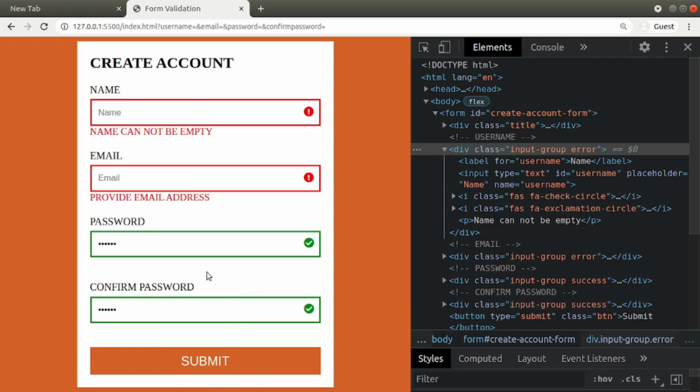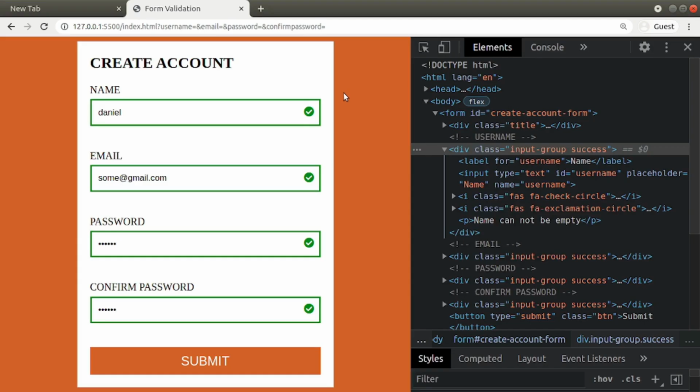See, both are valid. Okay. Now give some values here, Daniel, and email some at .com. Okay, all are valid values. Submit. Now we have completed the validation of the form.